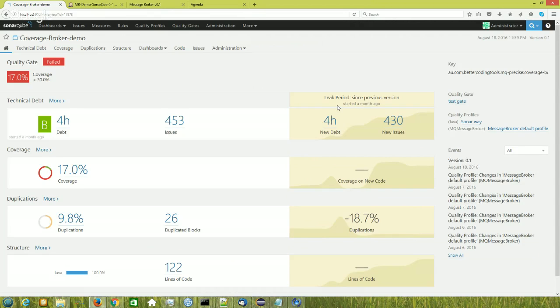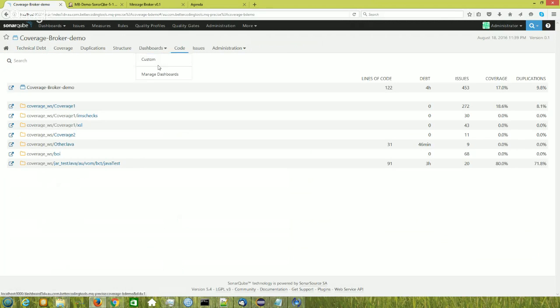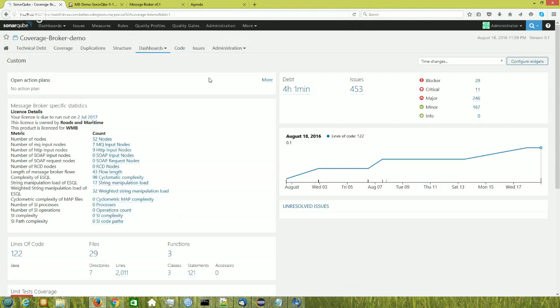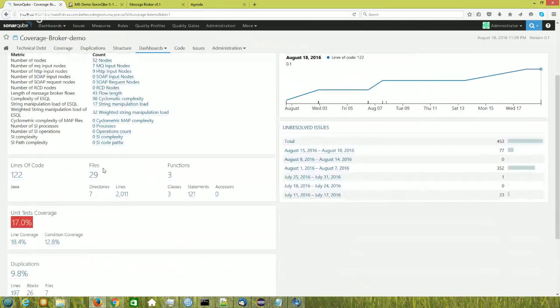And so now we see our analysis. So what this analysis is saying is we've matched up our code. Actually, I'll just go into the dashboard for a second. So what the analysis is telling us is a few things. We've got our issues, our duplications, and our code coverage. So what we've done with our code coverage is